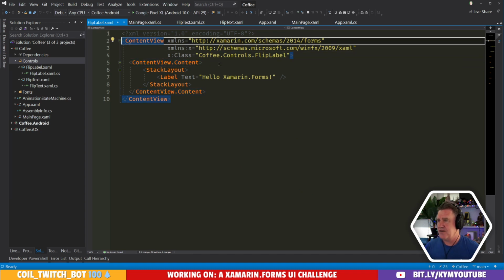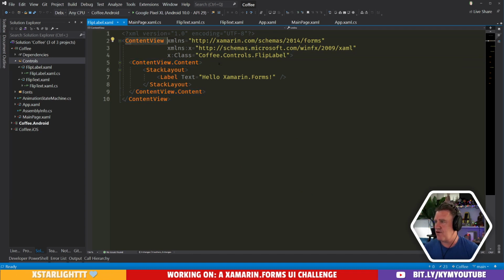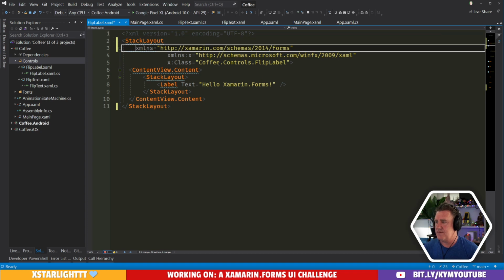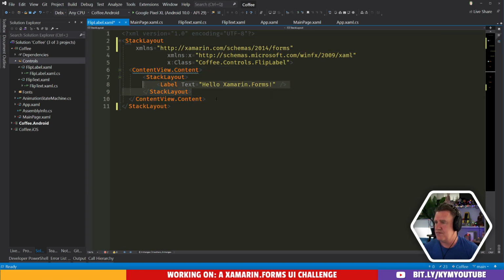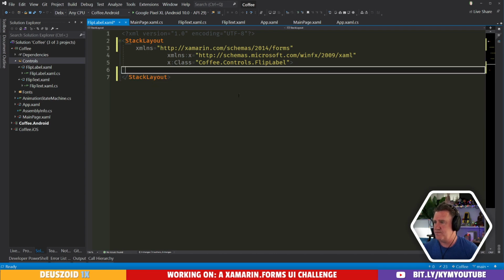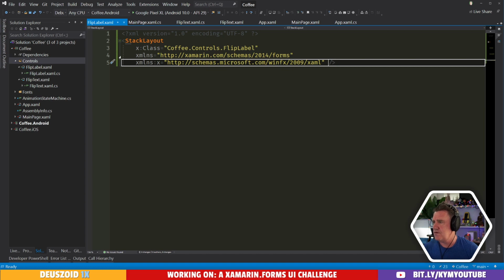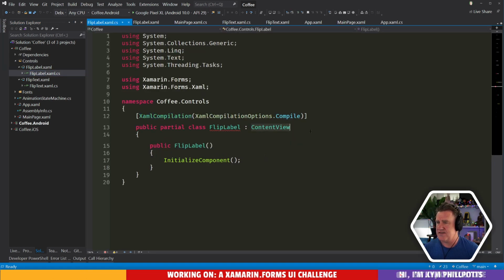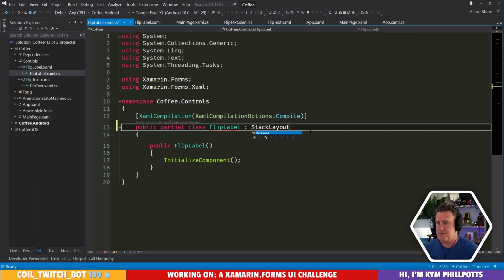So let's just inherit from a stack layout. We'll get rid of the content out of here for the moment, and we'll make this a stack layout. Beautiful.